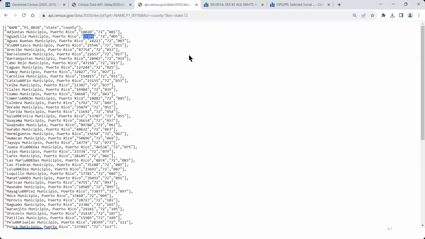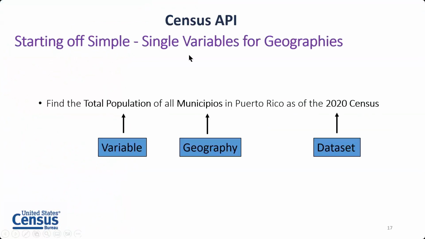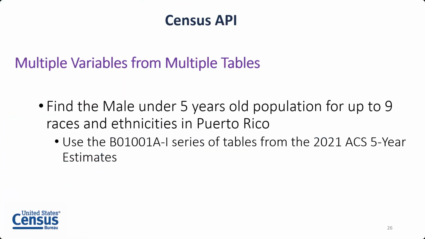So that was what I wanted to cover for my very first example here, just looking at a single variable for a list of geographies. So coming back over to our slides here, moving on to my next example,